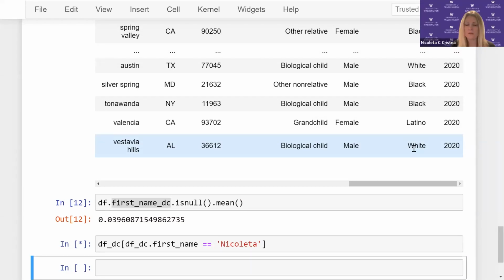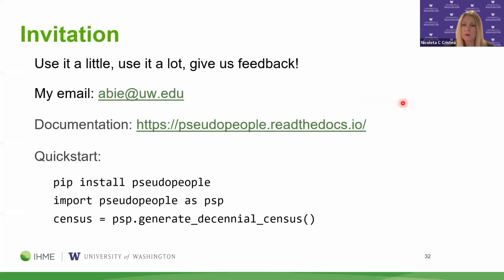Thank you. I'm going to read a question from Jacob. He's curious if the backend of the pseudopeople package is written all in Python, and if so, has that led to any performance issues? It is written all in Python, but it relies heavily on the scientific Python stack. I'd say we haven't tested it extensively. I can't say that, no, it hasn't led to performance issues.